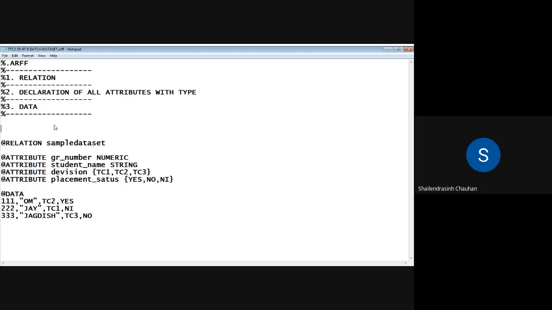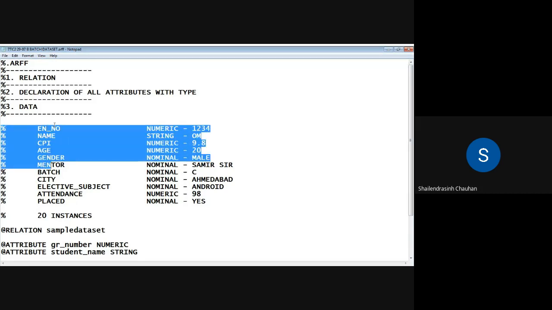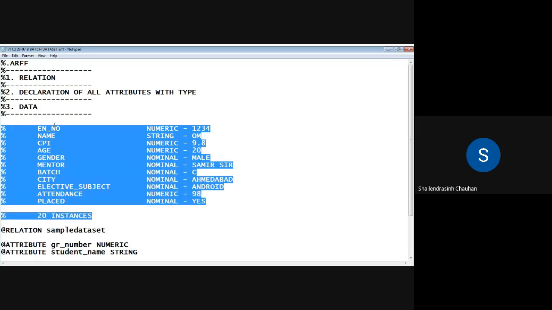Here I'm mentioning the list of the attributes that you need to include in the data set. You need to include all these attributes with their types and at least 20 instances. You all need to create a data set with all these attributes and these types only, and with at least 20 instances.